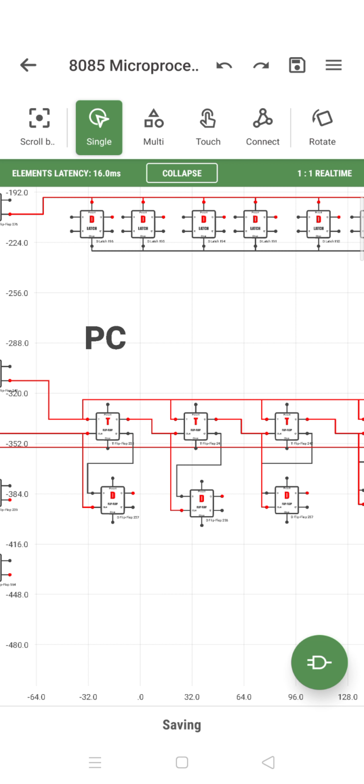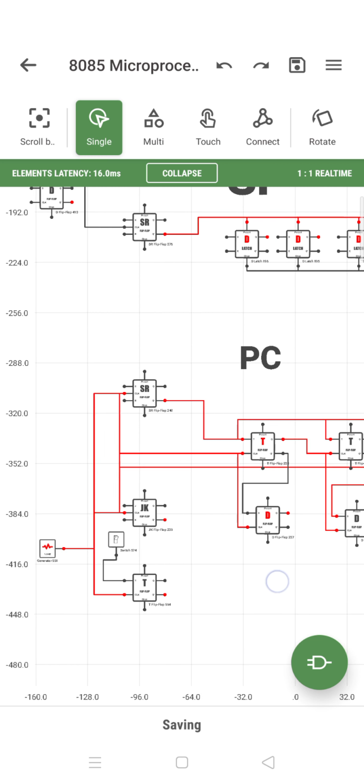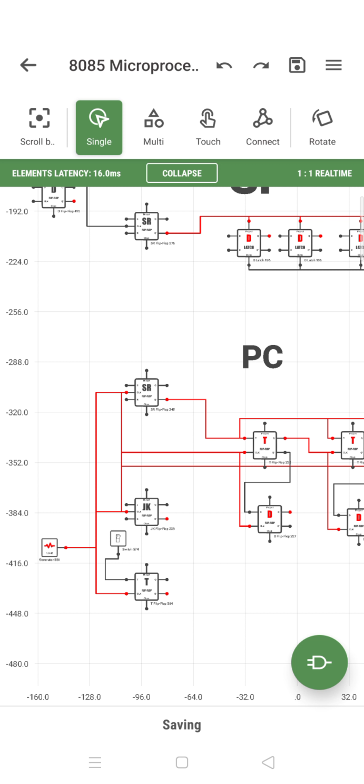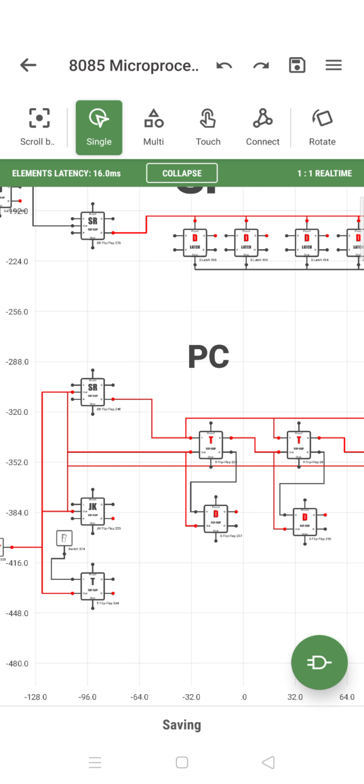Why is T used? T is for timing. That is what you have to understand. Basically T is for timing, D is for data, S is for setting and resetting some of the elements. That is why we have created all the setting and resetting elements down here. If you want to control a set of timing circuitry, then you use an SR latch to do all the control things, to set or reset the particular timing control.